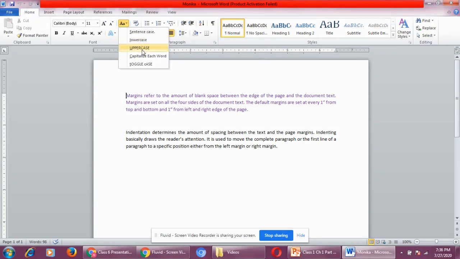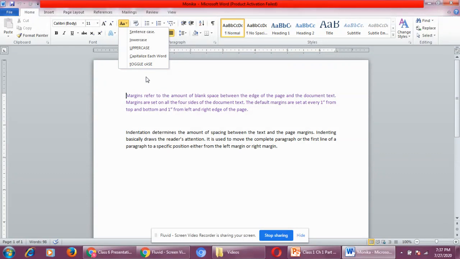Uppercase means all the letters will be in capital letters. And capitalize each word means the first letter of each word will be in capital. And toggle case means the first letter will be small and the rest of the letters will be in capital.